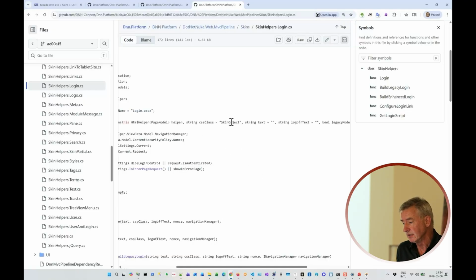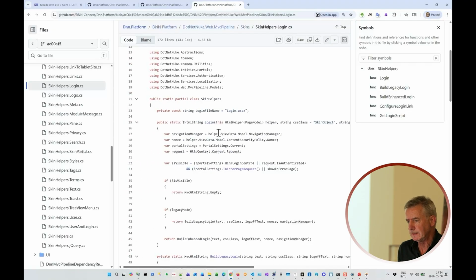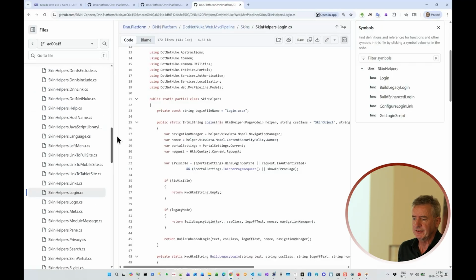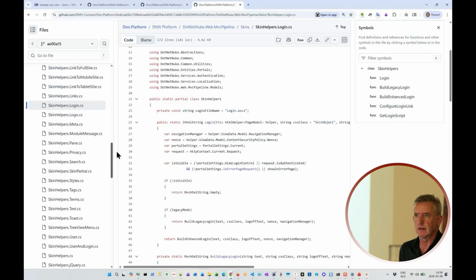In this case, everything is optional because they all have default values. So you can simply say html.login and you got the login control. And we see that in a bit. So that's one part of, I think this is a very nice way to see, hey, what is available in my skin. It is really readable because it's just C# code, and it helps you